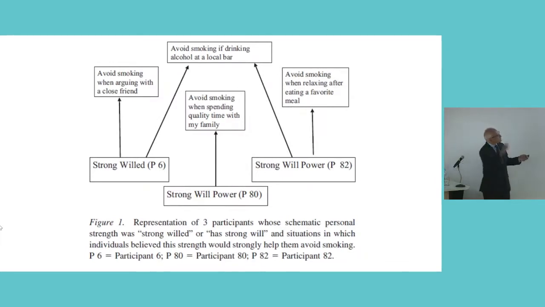But note, they linked strong willpower to different situations. So I'll avoid smoking when arguing with a friend. I'll avoid smoking when spending quality time with my family. I'll avoid smoking when relaxing after eating a favorite meal. So what we're doing is, even if there's some homogeneity, which there is in this domain, a lot of people say willpower, you still find that there's individual differences in this sorting task that saves the day for all these